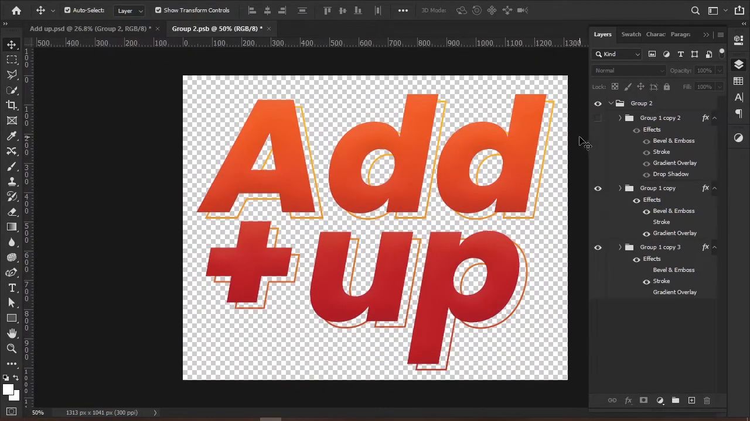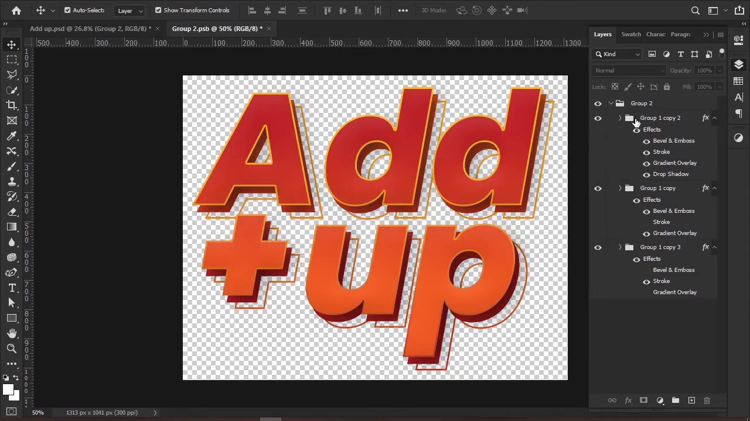I also duplicated the same text, but this time I added a drop shadow to it and a stroke, and I also switched up the gradients as well. Basically that's all I did, and with the stroke tool I added a gradient to it. So yeah,